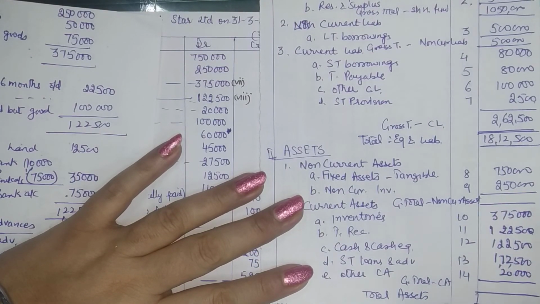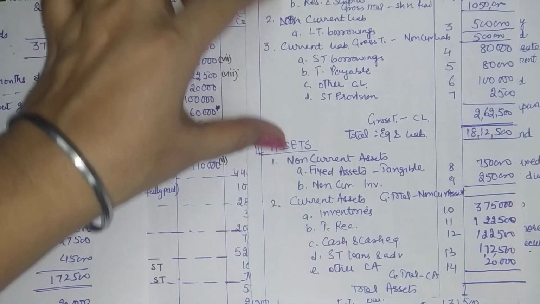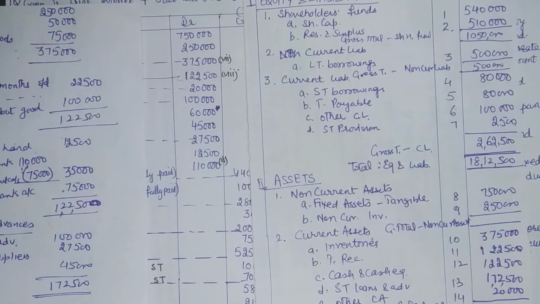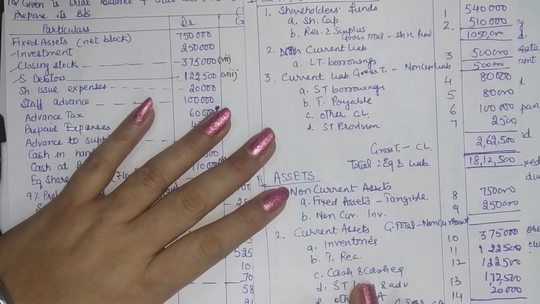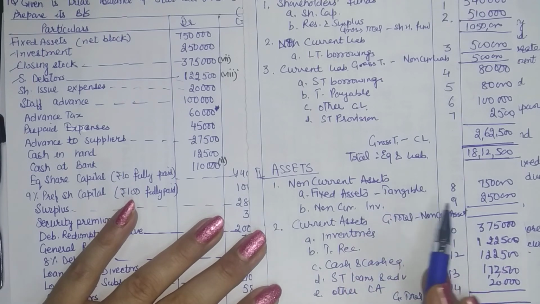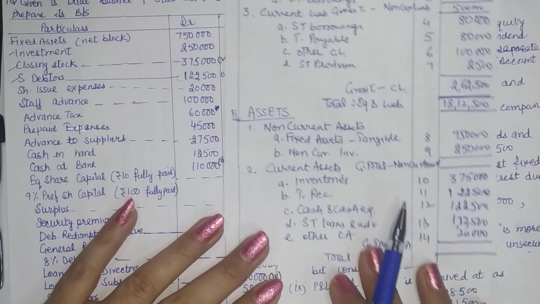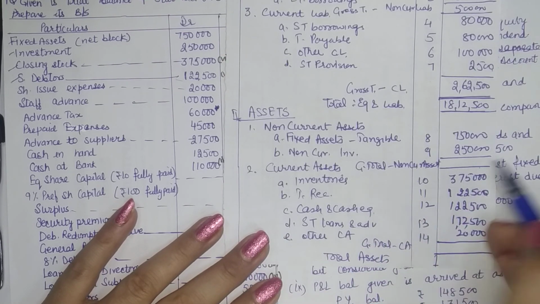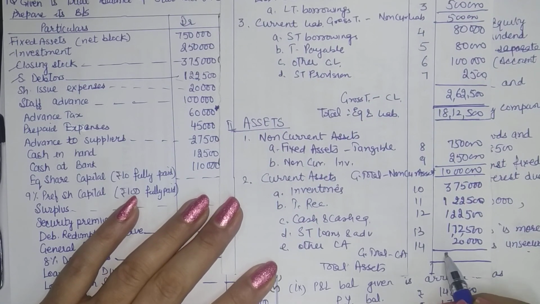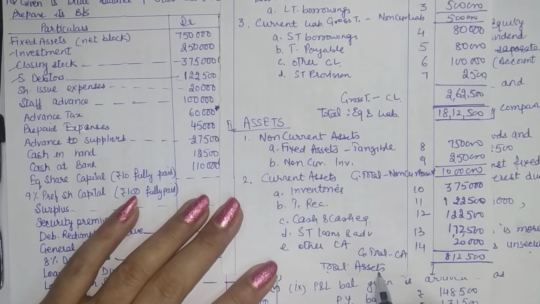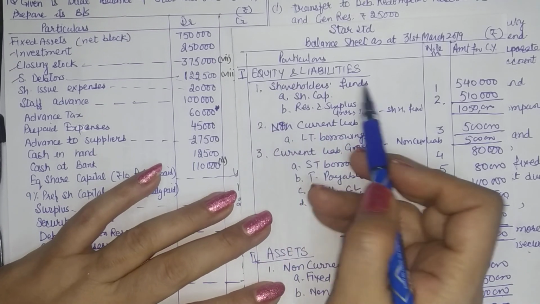Now in a balance sheet, of course, we can have the total of all the components, equities and liabilities at one place and assets at another place, but our Companies Act and the given schedules require us to give the subtotals to the extent possible. So whenever we are writing a category, just leave a space for the totals. So here we have gross total 10 lakh. Here we have gross total of current assets, and then we have the total of the assets 18,12,500.